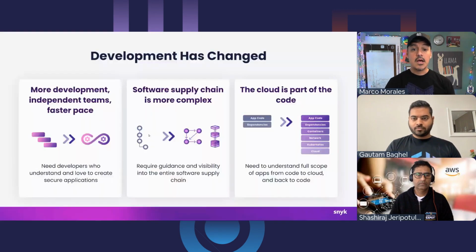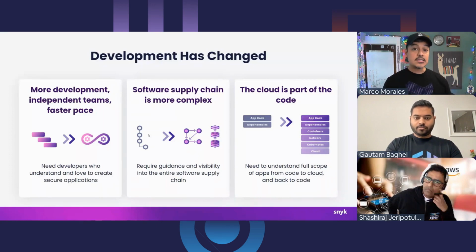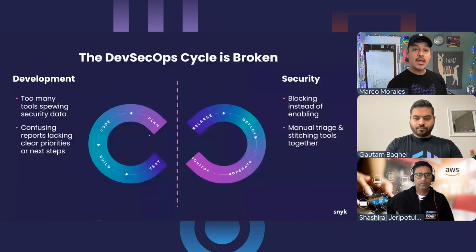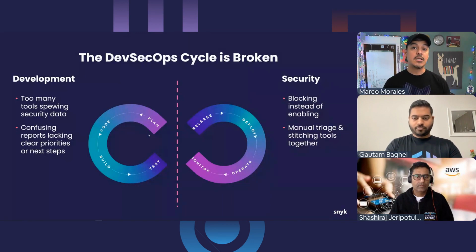Just a couple more slides. One of the things we want to do is identify with the audience and let you know that together we're on this journey. It's not a one-day transition, but we know that teams are getting more complicated because they have more people, they're more independent, they're using more tools, the workflows are getting more complicated, and you're deploying to the cloud. So all this is context and structure just to say that we hear you, we know this, and the shared journey we have is, once again, we know that security is this friction point between development teams and the security folks, and that when we see these great infinity loops, we like to say how it's sometimes broken because one side is not able to communicate with the other.